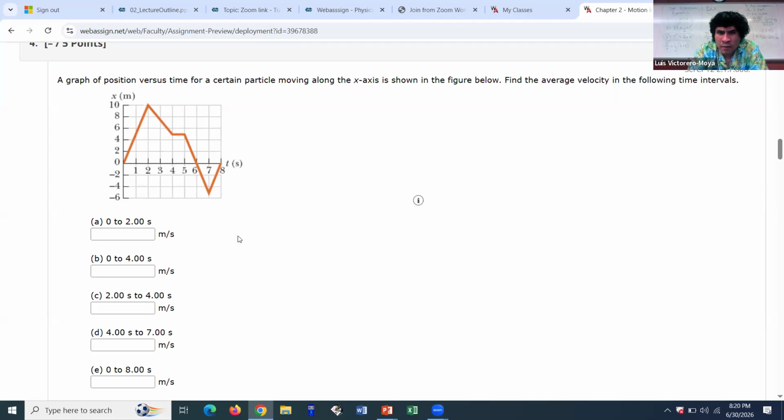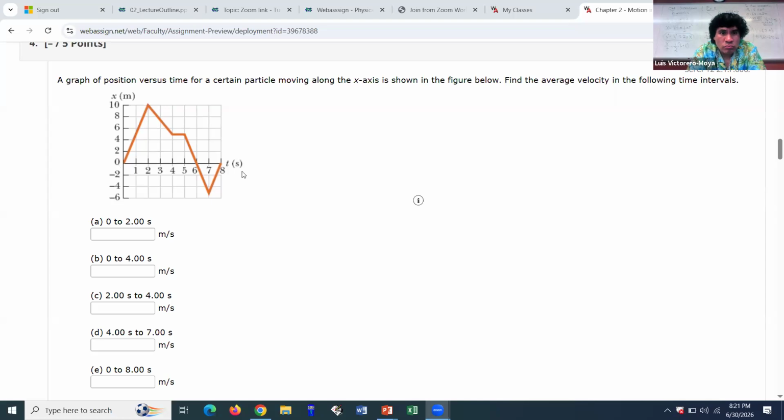Everybody is looking at the question, right? We have a position versus time graph, like I showed you in the slides, and they ask you to find the average velocity in the following intervals: